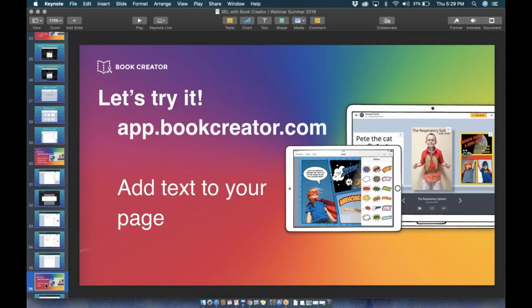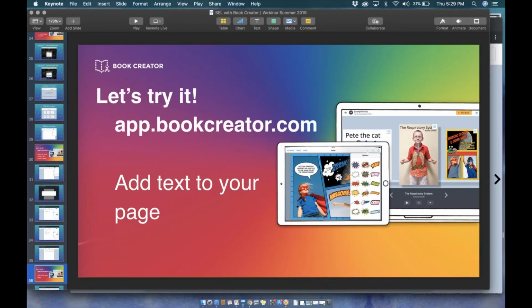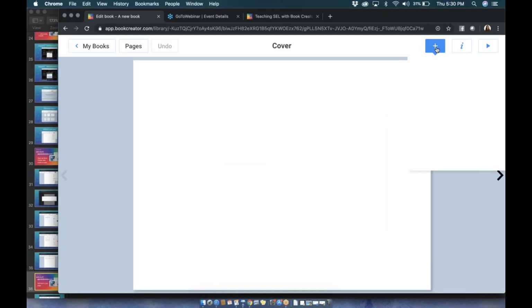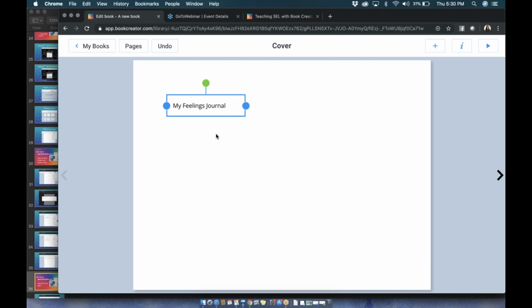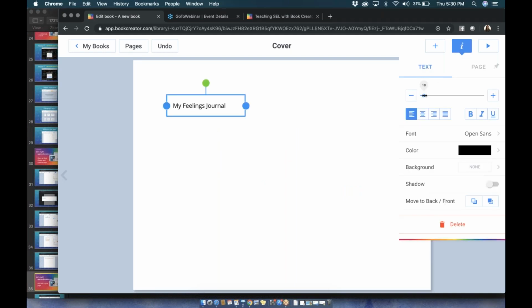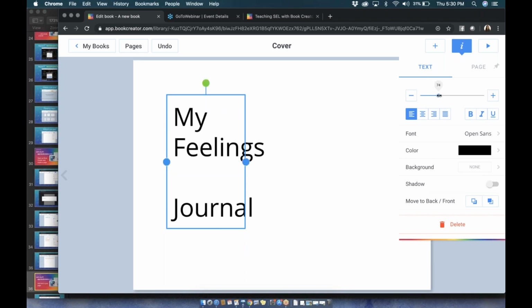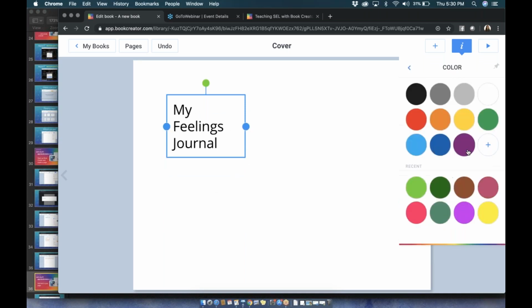So we're going to go ahead and add text to our pages for our feelings journals. Let's watch me go through the steps right here. So I'm going to go ahead and hit the plus sign, go to text. I'm going to add my feelings journal, hit done. Since it has blue around it, I can tap on there. I can go to inspector. I can change the size. I can go ahead and change the color.